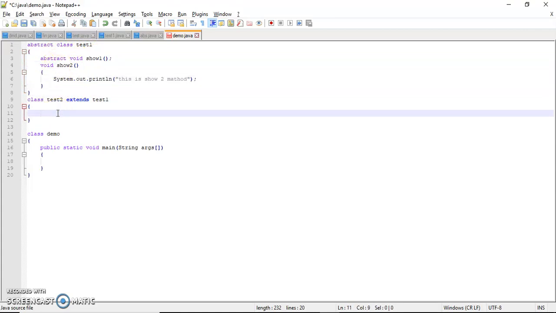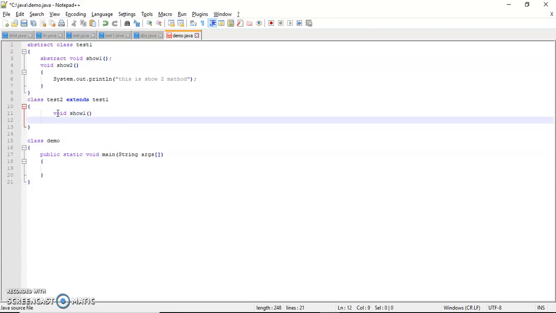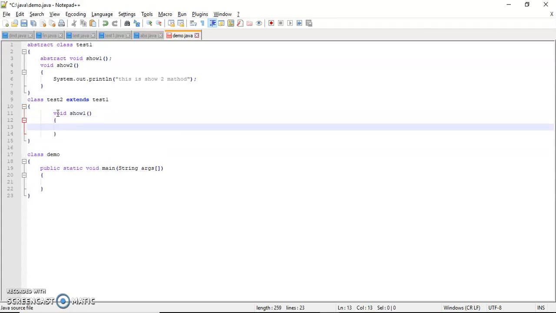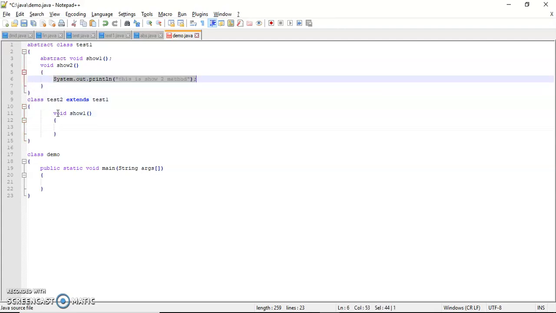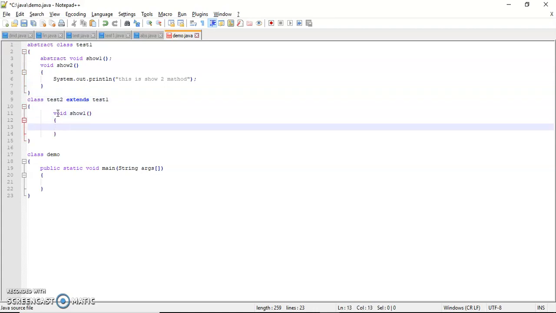So here we are implementing void show1, and we print the message: this is test2 and show1.